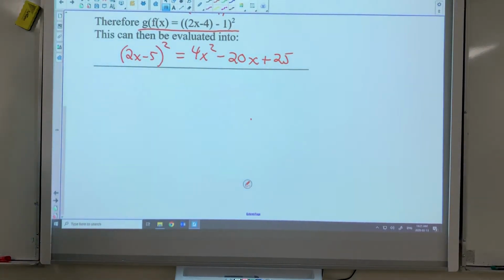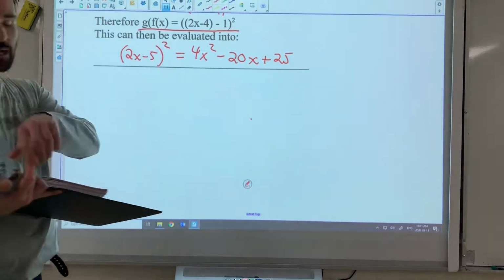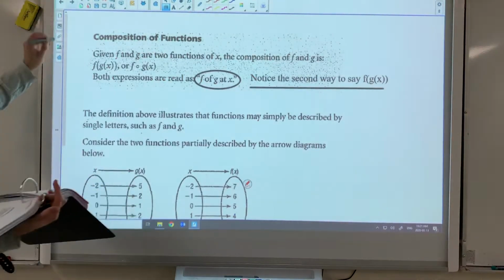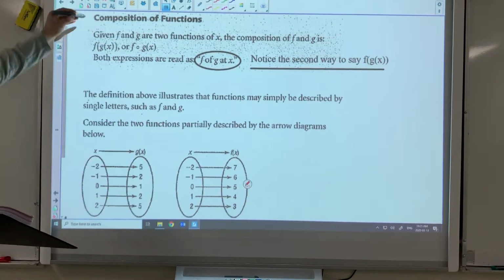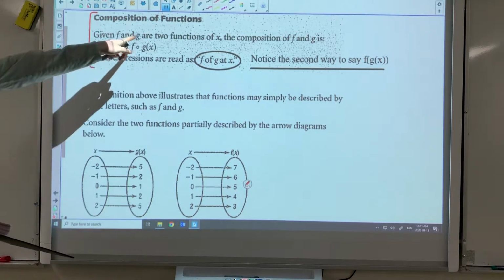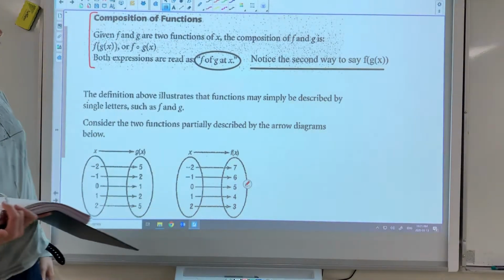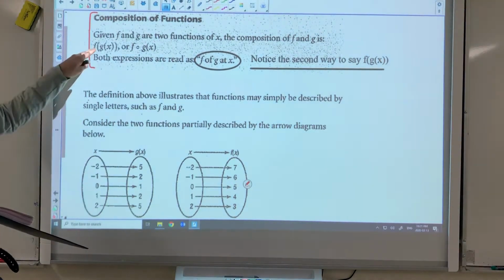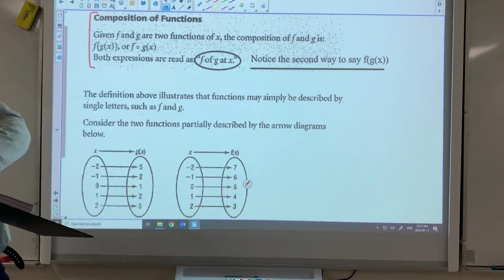So that's how you do it algebraically. Sometimes they might give you a mapping. So this, by the way, is just the official definition of composition of functions. Given f and g are two functions of x, the composition of f and g is written like this, f of g of x, or, oh my goodness,